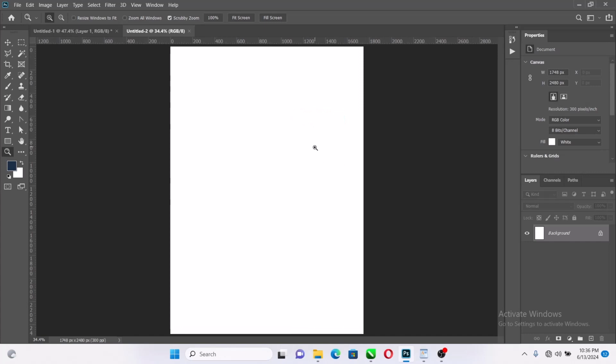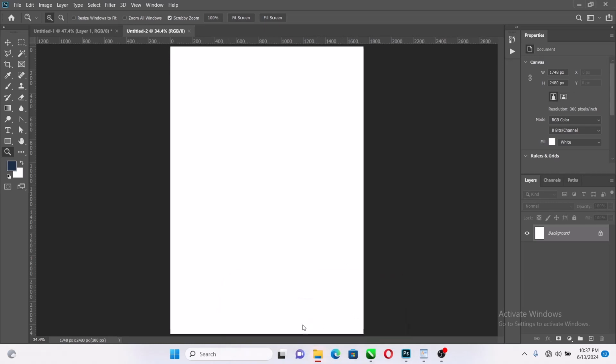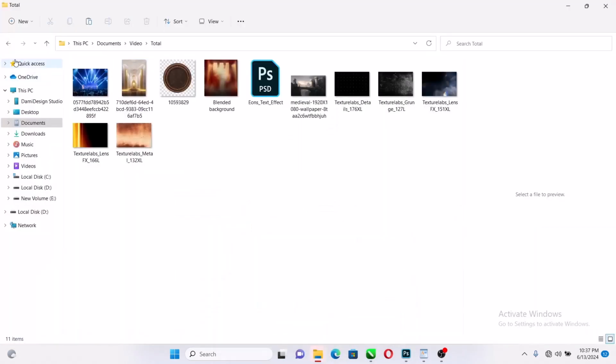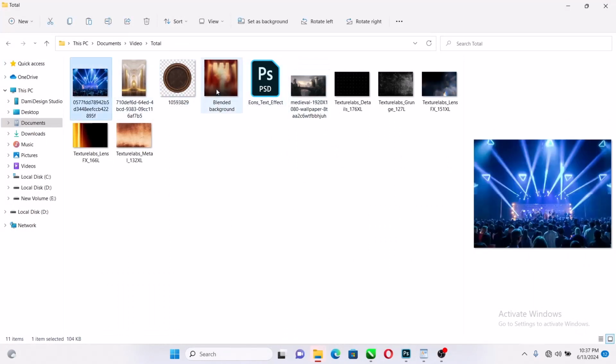So the next thing we are going to do will be these are our files. These are all the files we are going to be using. Open now. These are all the files we are going to be using. So the first thing we are going to do, I'll